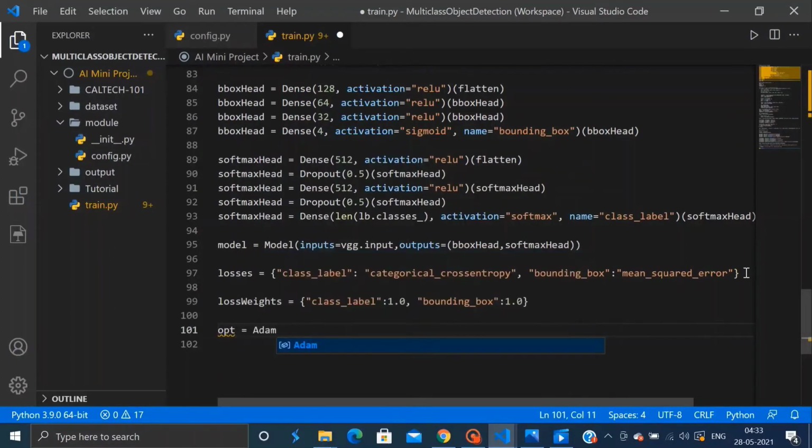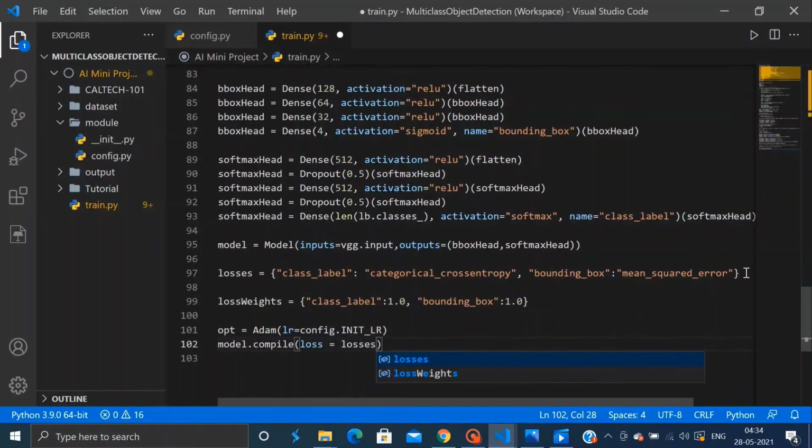We will then initialize the Adam optimizer using the learning rate in our configuration file. So with the optimizer initialized, we compile the model and display a summary of the model architecture to our terminal.